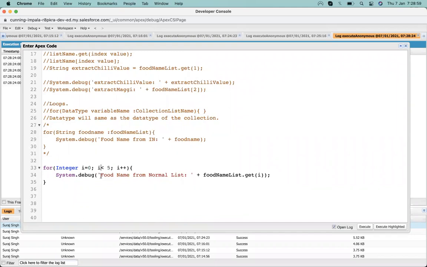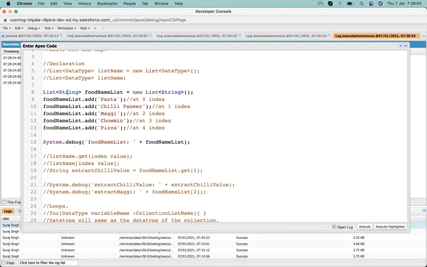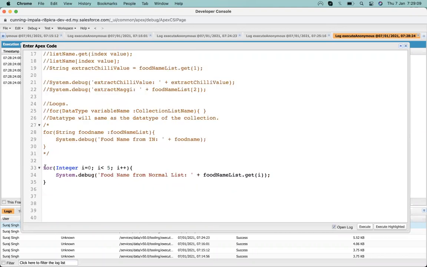Then after that I can extract the value. So whenever I change the list, at the same moment I also need to change the loop element, and then we can extract the values from here.